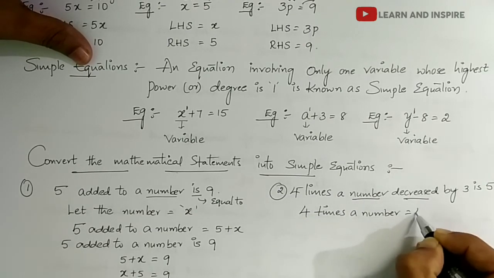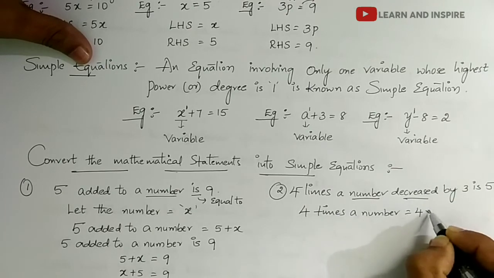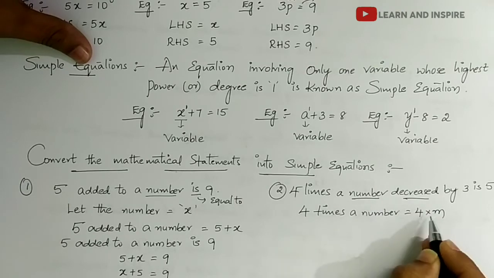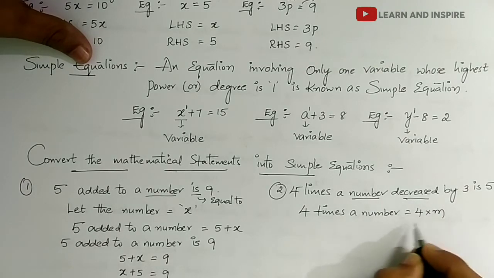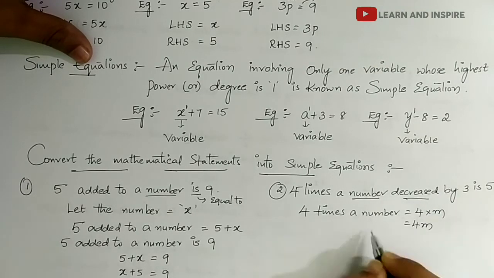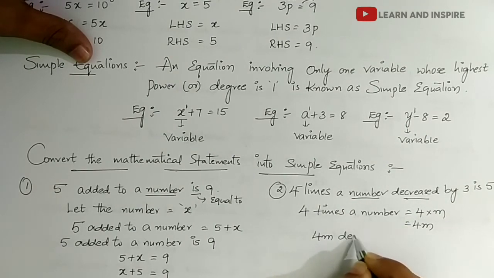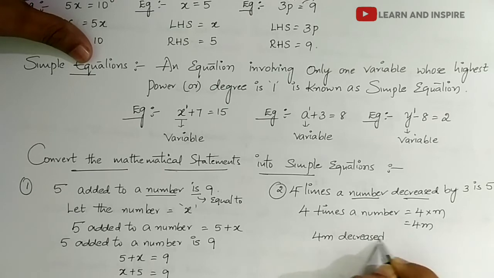4 times a number is 4. Times is nothing but multiplication. A number I take as m. Number is nothing but a variable m. 4 times a number, which is 4m, decreased by 3